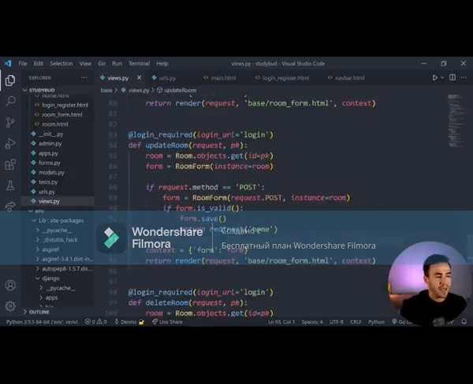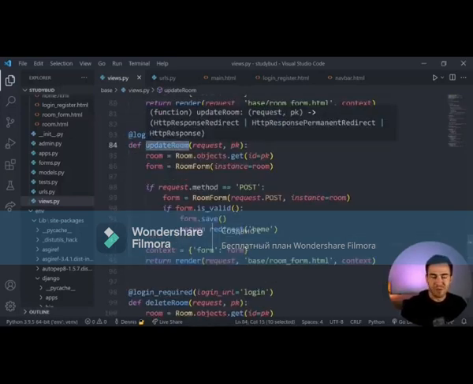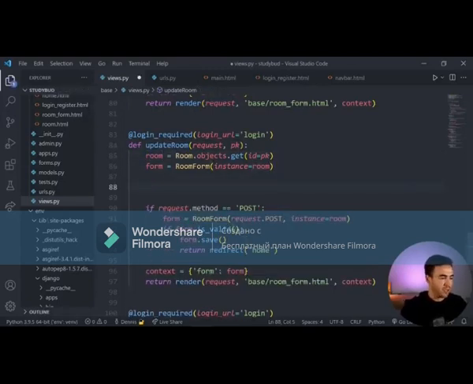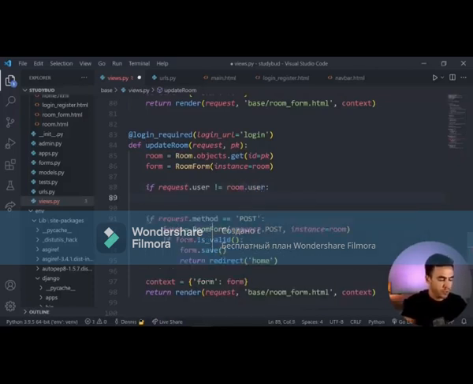Now, in this case, in theory, if I know somebody's room ID, I can just log in and I'll be allowed to go ahead and update their room. So I want to restrict a user. So let's see, how do I want to do this? At this point, I'm just going to write in a condition right here. There's a bunch of different ways of doing this. We'll just say if request.user is not equal to room.user, then we just want to return